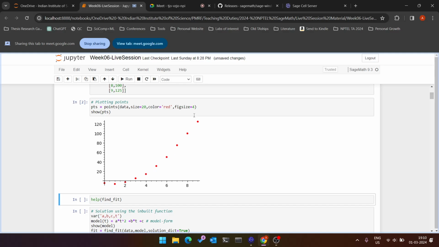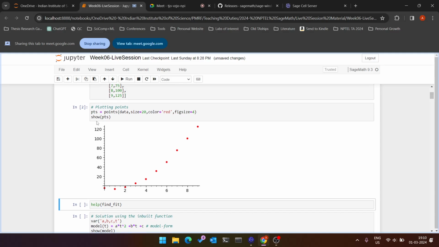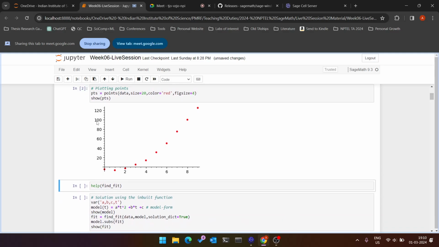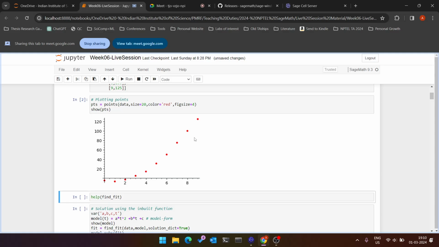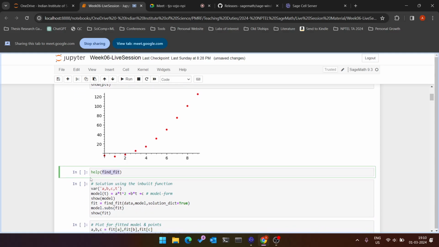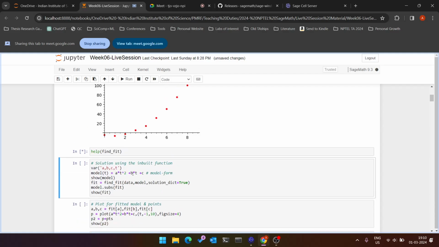I see a distribution of the data points like this, and to find the quadratic equation which best fits this provided data, we'll be making use of two different methods. The first is the find_fit function, which is an inbuilt function. If you look at the help on this,